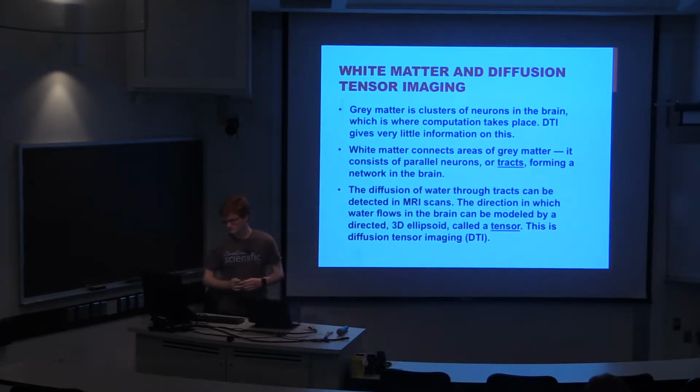Okay, and the way that it ends up modeling these things is through a number of what are called tensors. I've drawn an example of a tensor on this whiteboard. I don't know if it's the best drawn one in the world, but essentially a tensor is a kind of 3D ellipsoid which can indicate a particular direction in which a white matter tract is pointing,